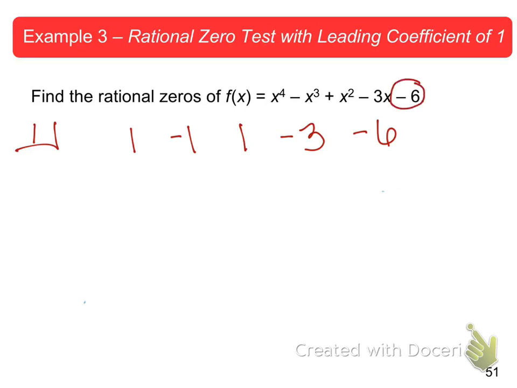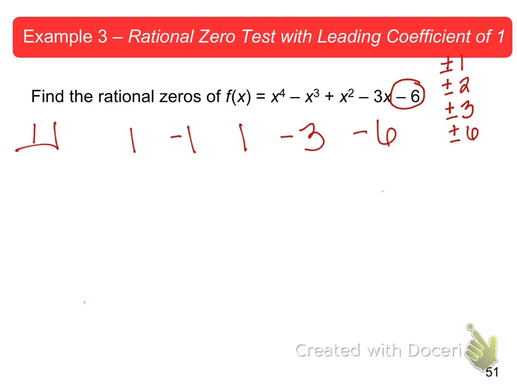Okay, look at that negative 6. Is 1 a factor of negative 6? Sure is. What else is a factor of negative 6? 3. Okay, 2. Good. And what else? 6. Okay? When you are doing synthetic division and you don't know where to start, you pick some of those